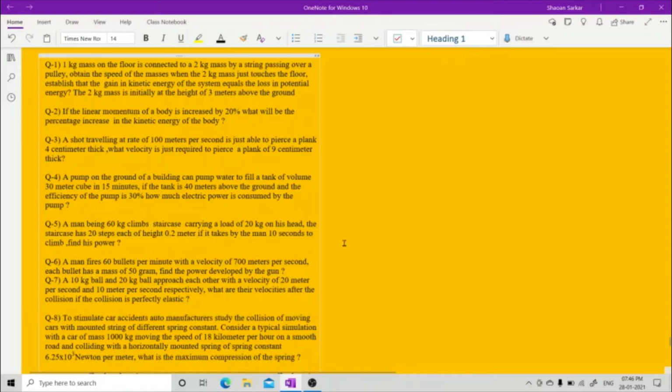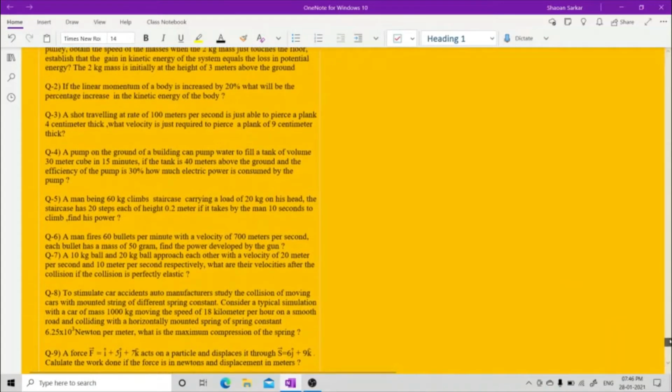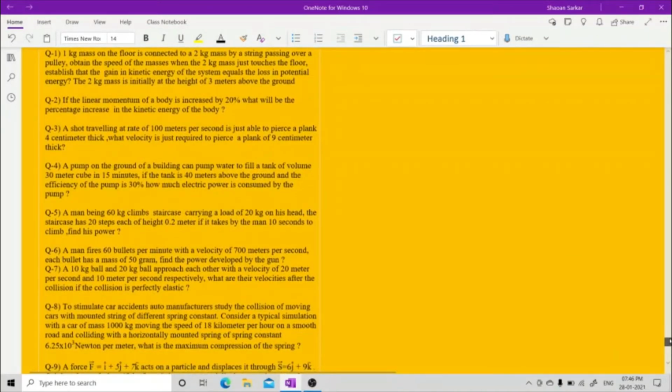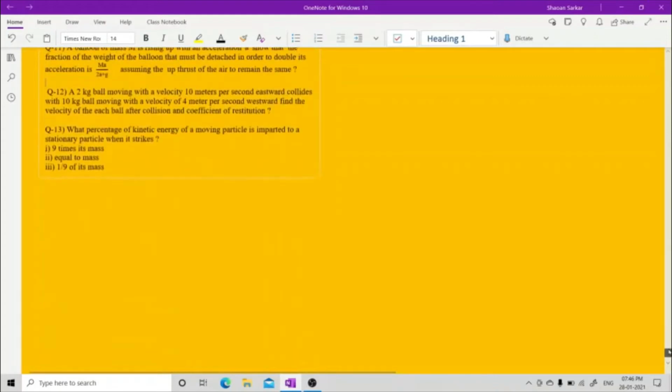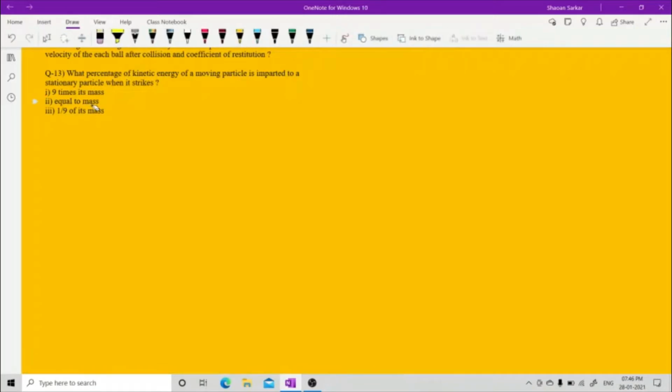Since I have read these questions earlier, let us start with the last question, so that when you start, you will start with the first question without seeing the answer. So I'll start with the last question: what percentage of kinetic energy of a moving particle is imparted to a stationary particle when it strikes one of 9 times its mass, equal to its mass, and 1/9 of its mass? So the solution to this question is